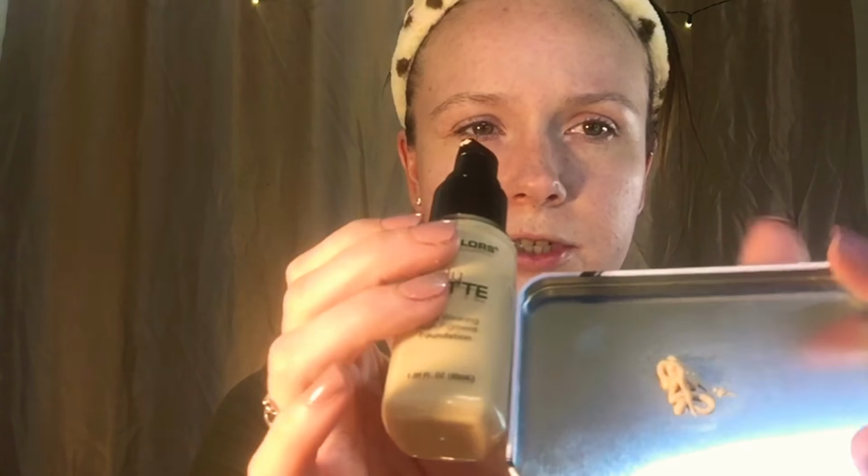Color Correcting. Okay, this actually comes out pretty thick, and it does look a lot darker when it comes out, kind of compared to what it is in the bottle. Pretty hard, so I'm just going to dip into this and kind of pat it onto half of my face so that it's doing its job. You just kind of have to be a little easy with your tapping, because if not, you would probably, and it's kind of hard to get in smaller areas like right there and around your nose with this beauty blender, but